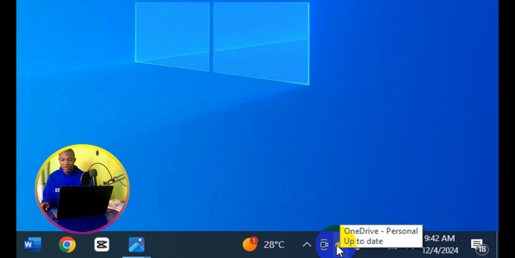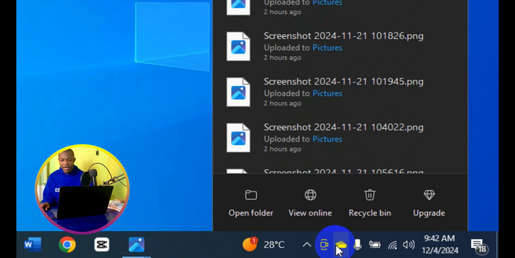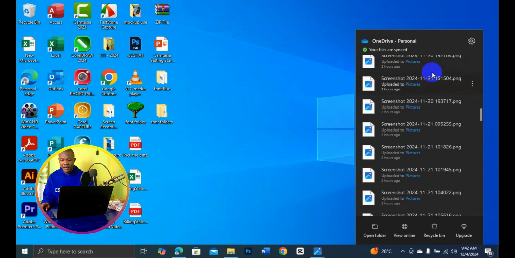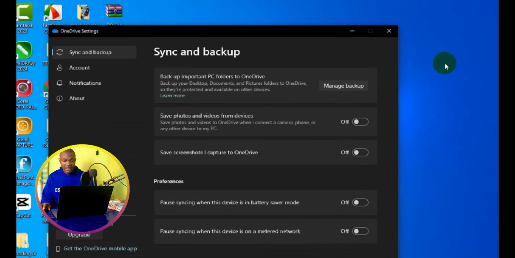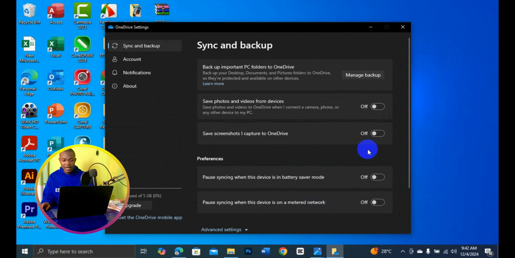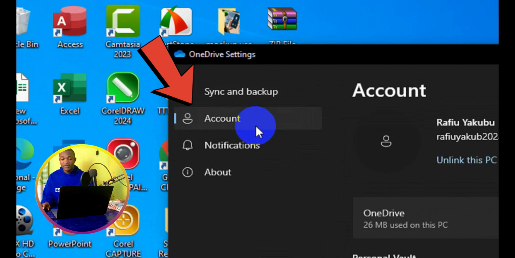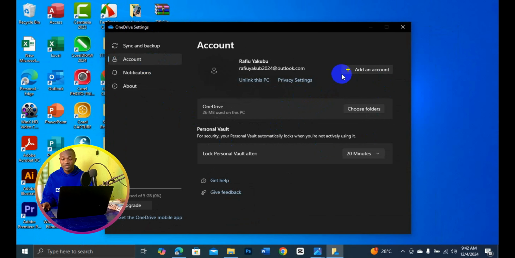Next thing you need to do is to simply go to settings right here, and you have different information right here. Simply click on settings, and then this is going to pop up right here. The next thing you want to do is to simply go to account right here, click on account, and it will take you right here. Now you have your Microsoft Outlook account that is already linked to the PC. Next thing you need to do is to simply click on unlink this PC and unlink your account, unlink account